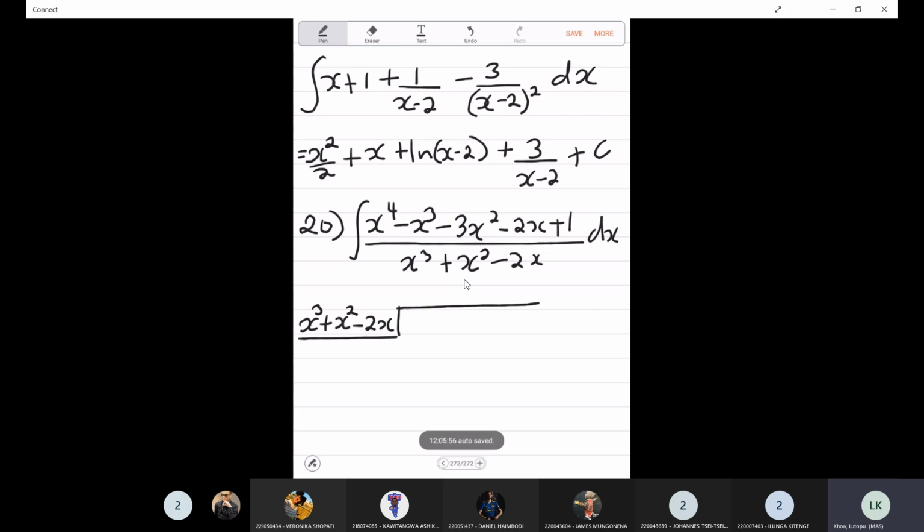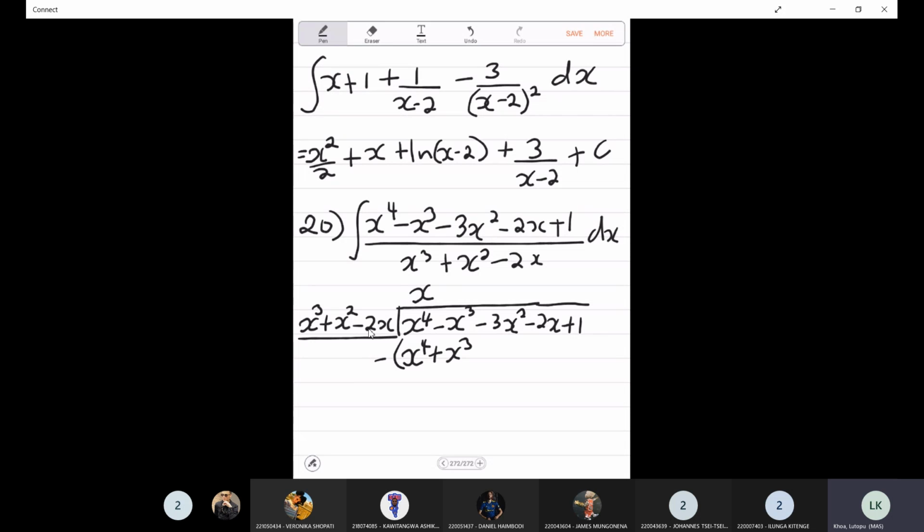Using long division, x to the power of 4, x to the power of 3, x squared minus 2x plus 1. x to the power of 4 divided by x to the power of 3 is x, and then we multiply, get x to the power of 4, and x squared times x is x to the power of 3,